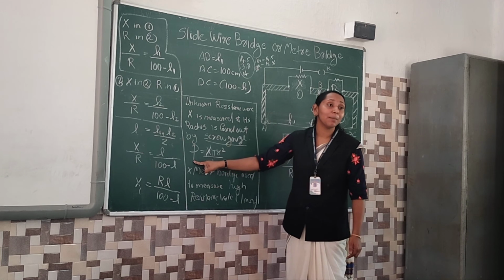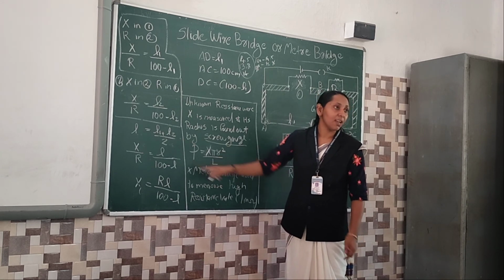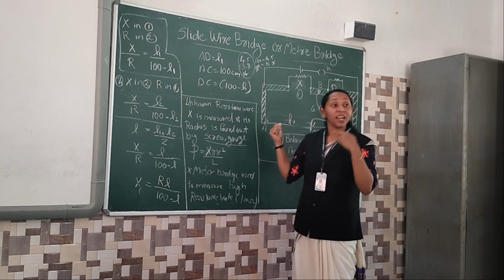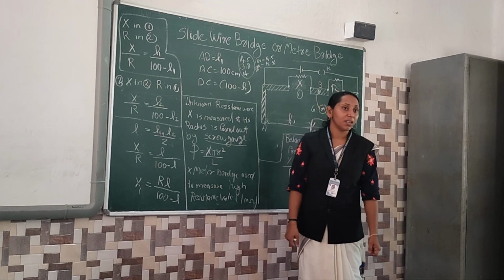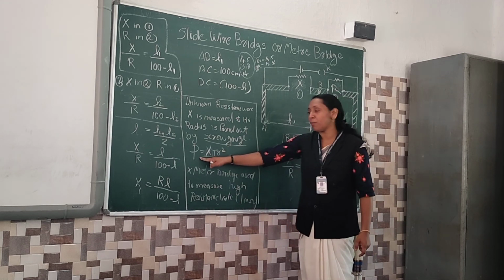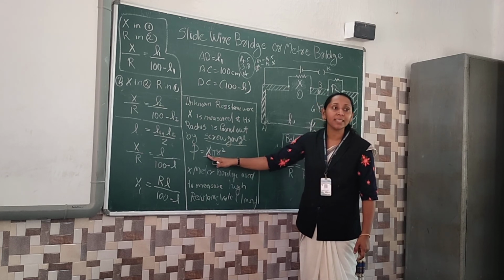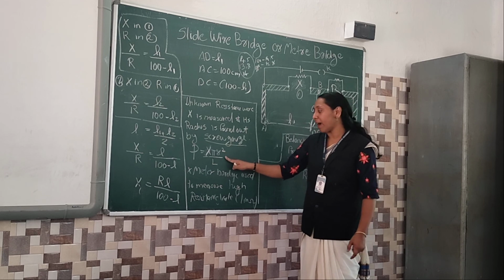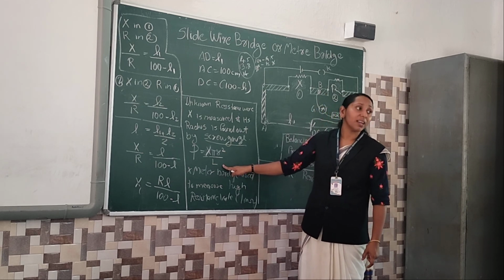Rho means resistivity of the unknown resistor. So resistance, meter bridge use करके पकड़ूंगा, resistivity, screw gauge use करके we should find out. Clear everyone? So rho experiment मालूम है ना? What is the rho? R A by L. R means in this case x. A means area. What is the area? Pi r square divided by L. L means length of the unknown resistor.